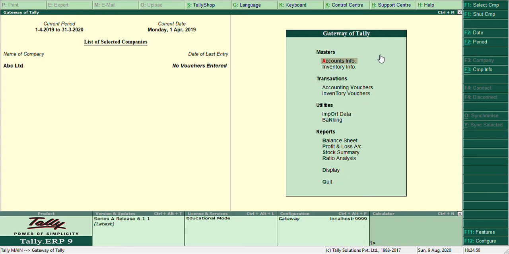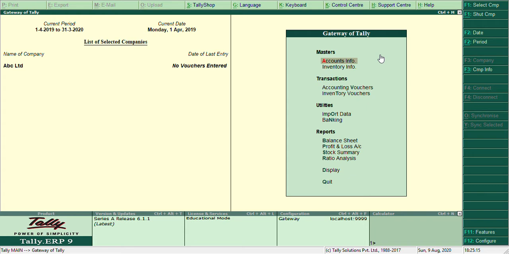Or if it is a completely new company, certain ledgers have opening balances, which you may have to give. If it is a running company, the closing balance of all the ledgers has to be given.